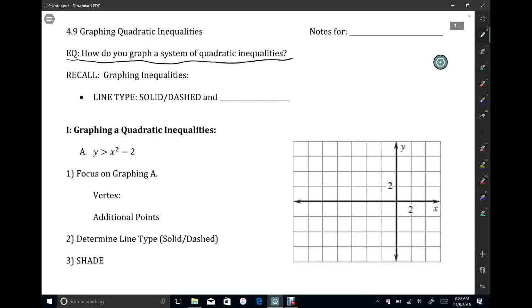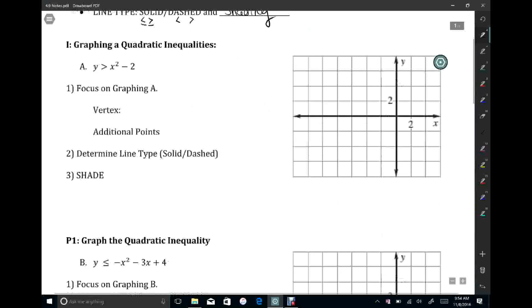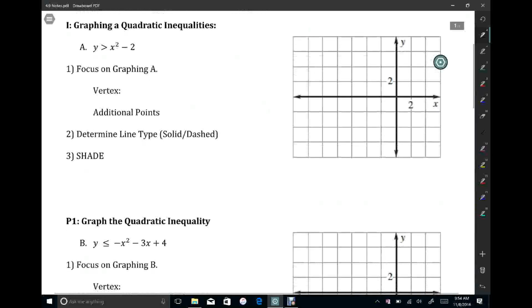First thing we need to recall is how to graph inequalities, and that is remembering, hey, solid or dashed lines. So solid lines if it's less than, greater than, or equal to, and dashed lines for those that are not. And do not forget shading. Good old shading is back, so you might as well get some colors and stuff because that's what we're going to use. Now, the reason we're kind of jumping back into graphing is to get you a nice little